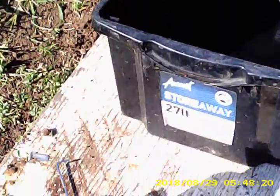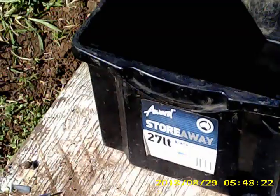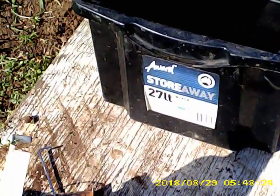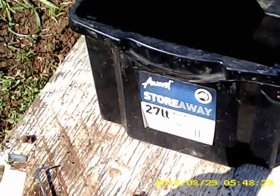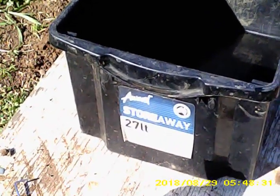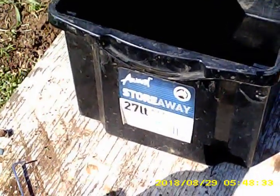Okay, I'm going to run this for 5 minutes and see how we go. There's me tub, 27 litre. I paid $10 for it at some shop. Why 27 litre? It's the smallest one I could find, which would probably do the job,